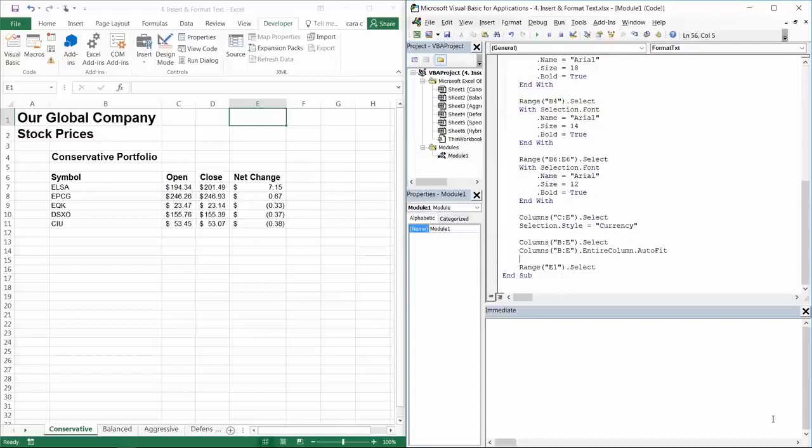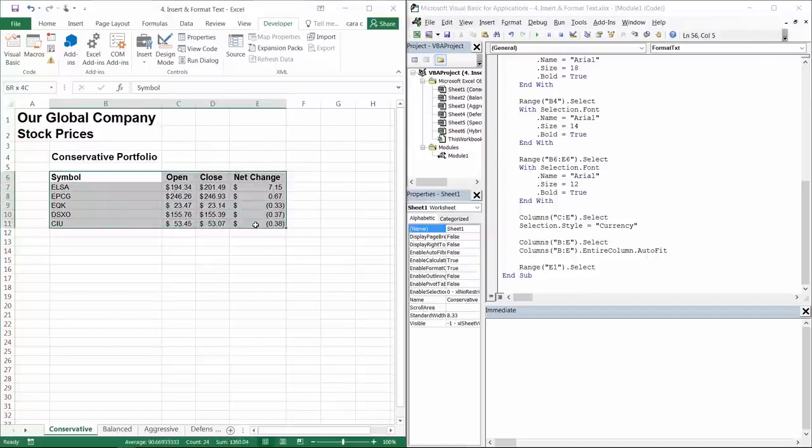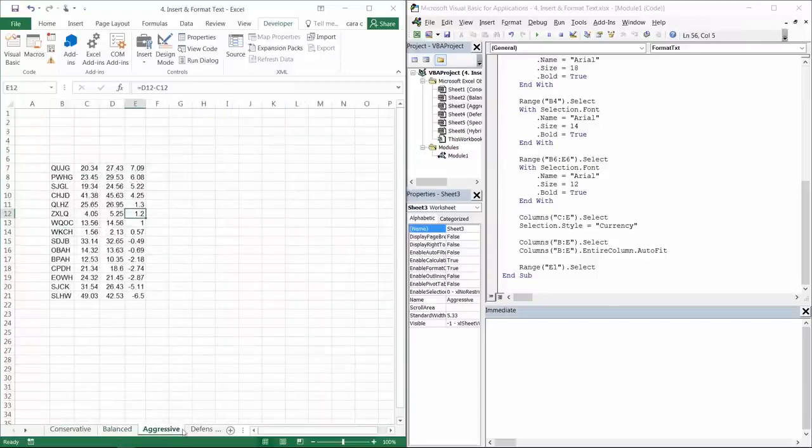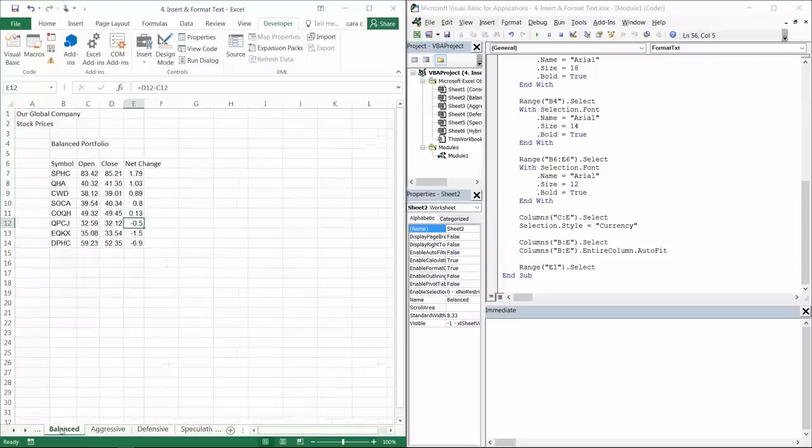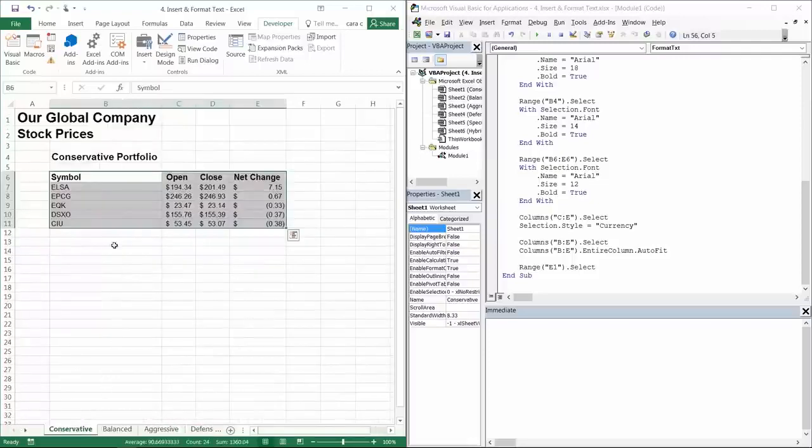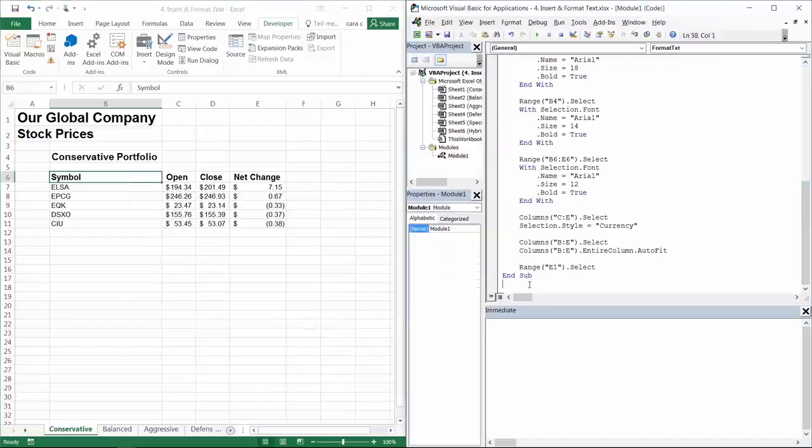And the last little part of this particular practice is for me to select all the content that happens to be in this list and make it a slightly different interior color, and that way it'll kind of look nice. However, all of my lists happen to be different sizes, and so I am going to want to use the current region property that's going to figure out exactly what the size is that I need to format there, and it's going to do it for me. In order to do this, I'm actually going to do my own manual scripting. You could also do it with the macro recorder if you wanted to,